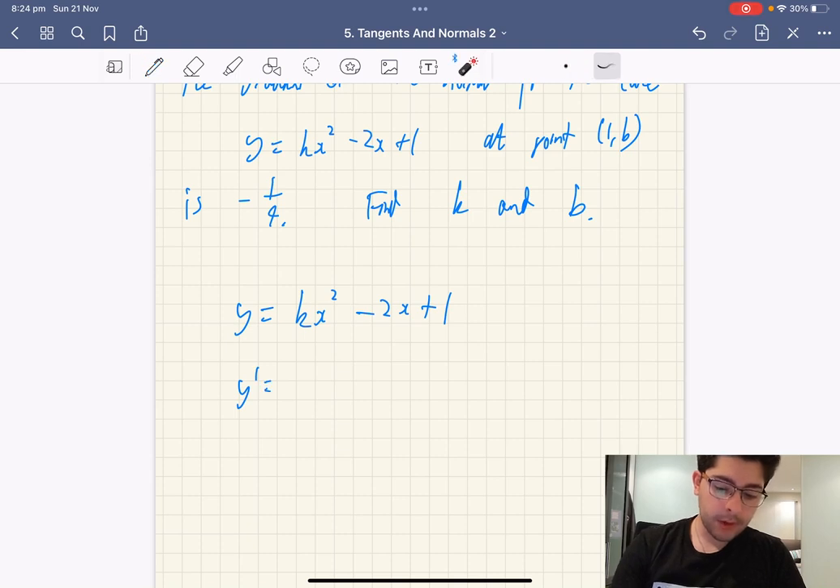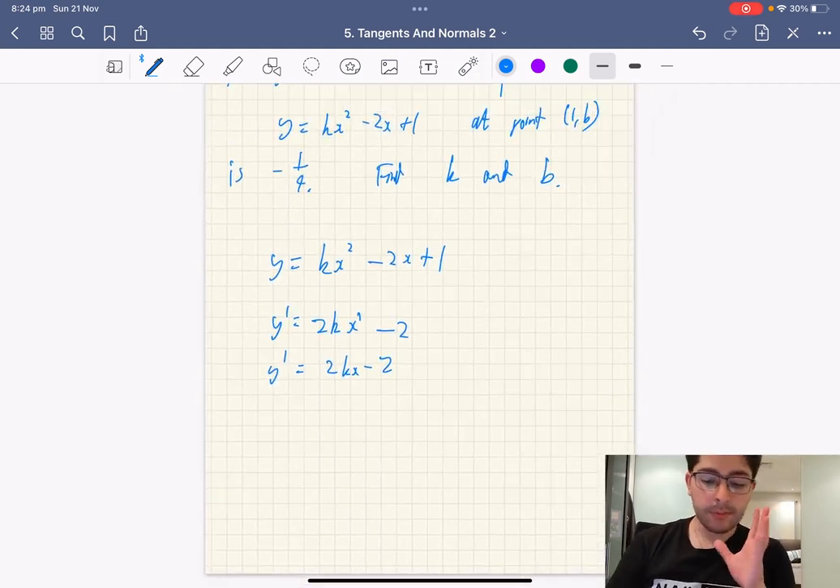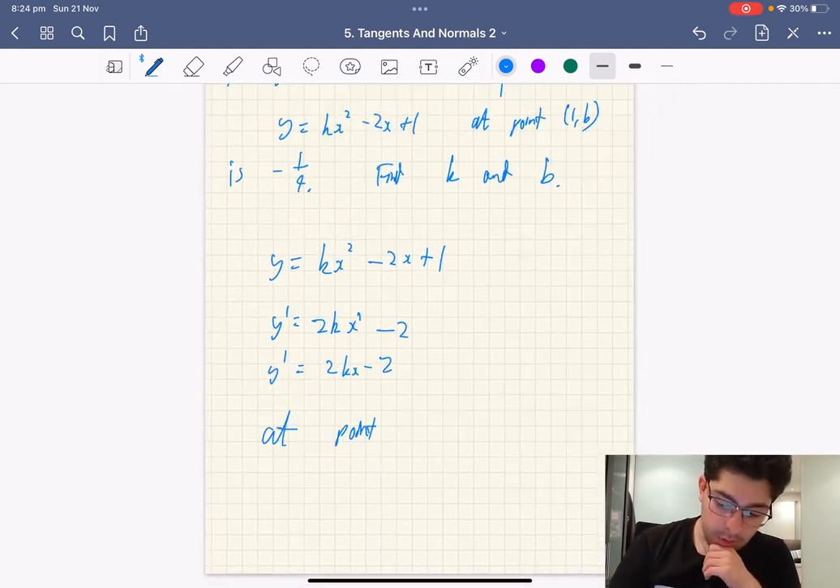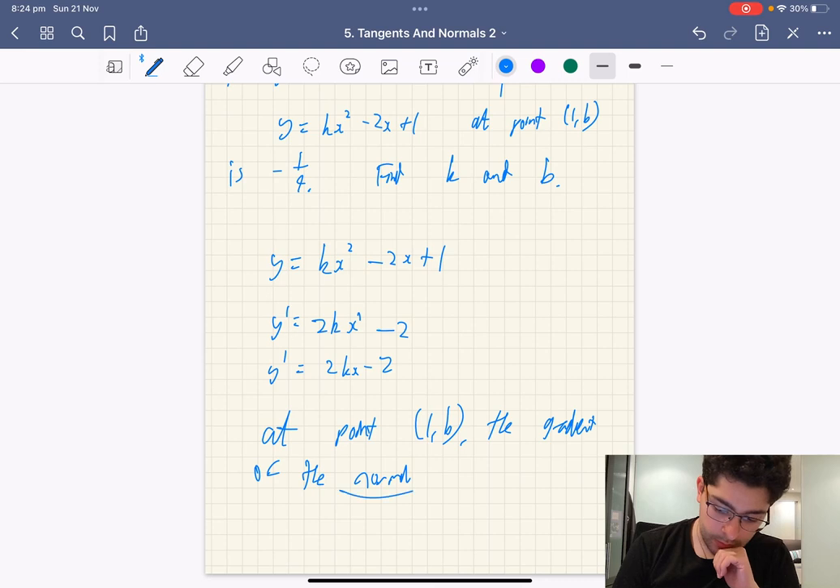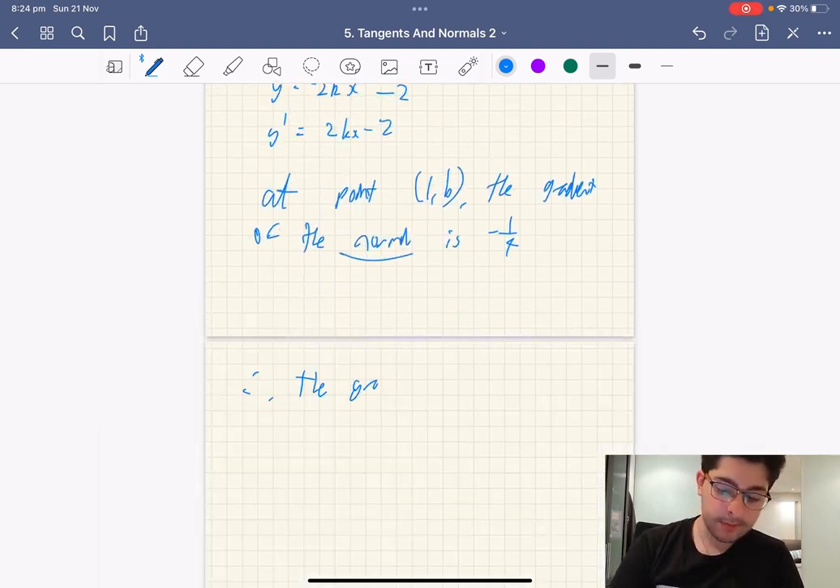Y dash is going to be, drag the power down, so it's going to be 2 times k, so 2kx to the power of 2 minus 1, which is 1, minus 2. That'll just become minus 2, and the 1 disappears. Which is the same thing as 2kx minus 2. Now we said, at point (1, b), the gradient of the normal is minus 1 over 4. Therefore, the gradient of the tangent